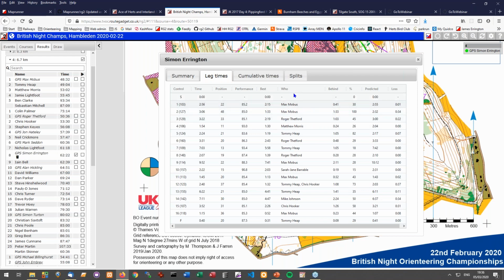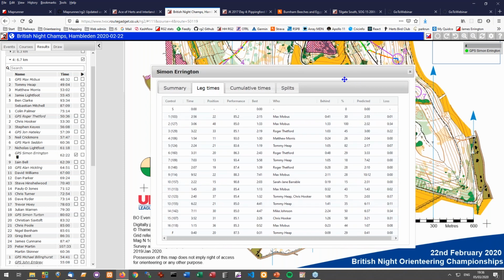So you can see who ran the fastest leg, you can see how far behind you were, what percentage that is. And then there's a predicted time that you should have taken on that leg. And you can see I was doing okay on that leg because my prediction comes out as 255 and I ran 256. And there's some suggested losses down here.